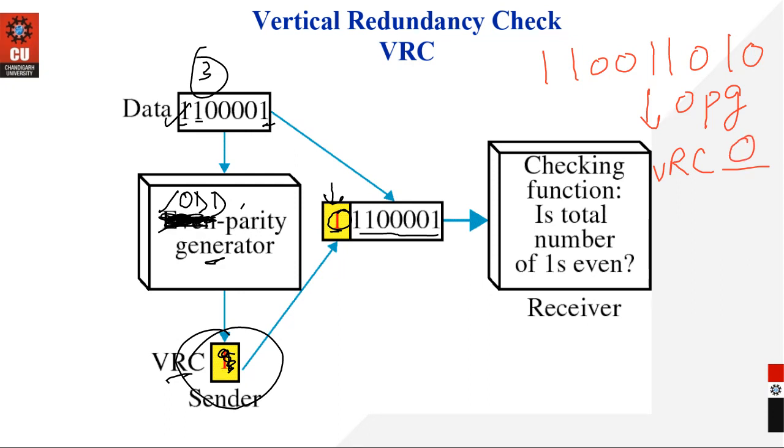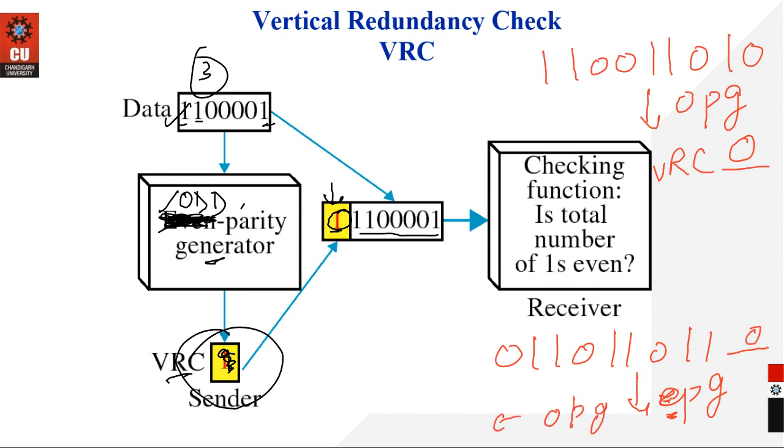शाबाश. Now what if I have got this? If I have got this and I'm using EPG, I guess you guys are answering, if I'm using odd parity generator. If I'm using EPG in this, अगर इवन पैरिटी जनरेटर है तब उस केस में इसका 0 बनेगा. इफ आई एम यूजिंग ऑड पैरिटी जनरेटर देन इट विल बी 1. ठीक है? Okay, that's how your VRC work.